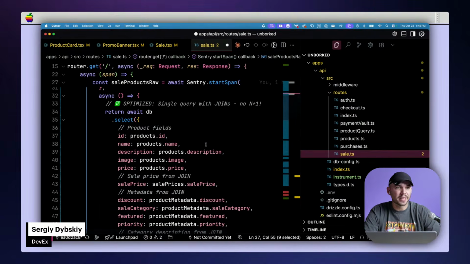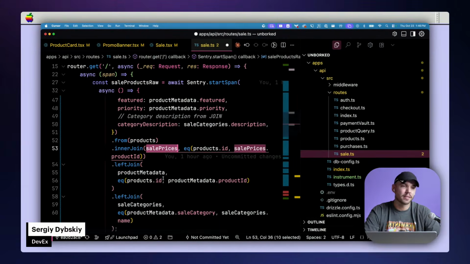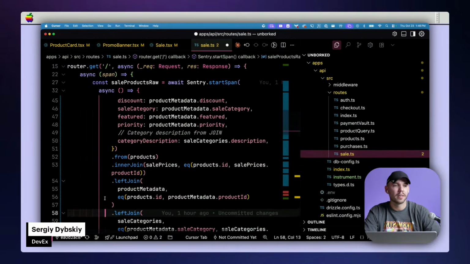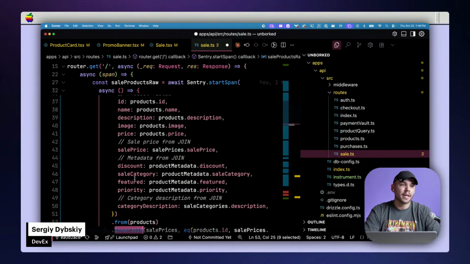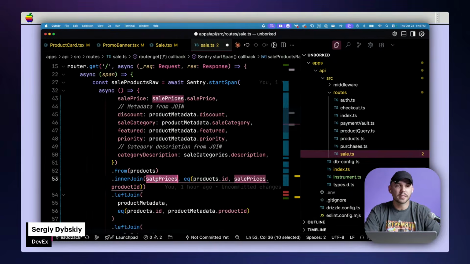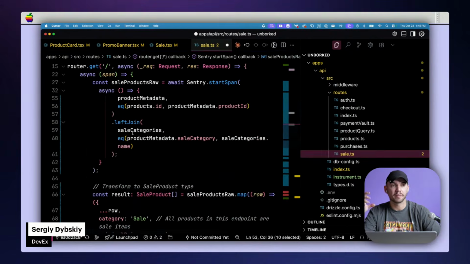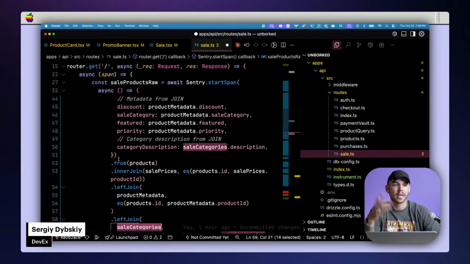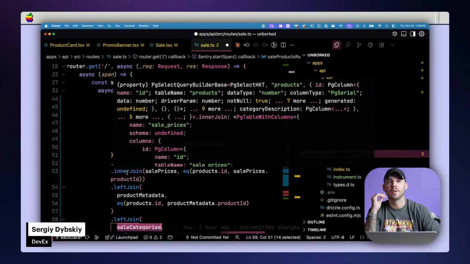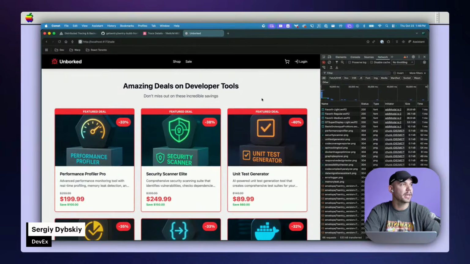But the actual fix here is using inner join for sale prices and left join for the metadata. What inner join will do is, if there is no sale price available, it won't return this object. And what left join will do is, if there's a sale category missing, it'll just set it to null. So we want inner join to not fetch products that don't have a sale price associated with them. Now that we saved that, if we go back to our application,